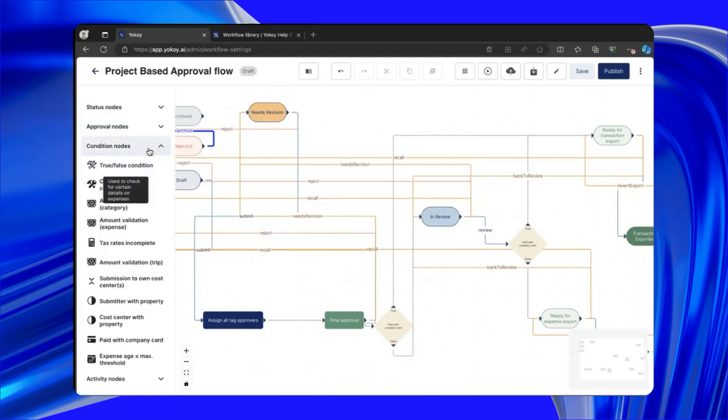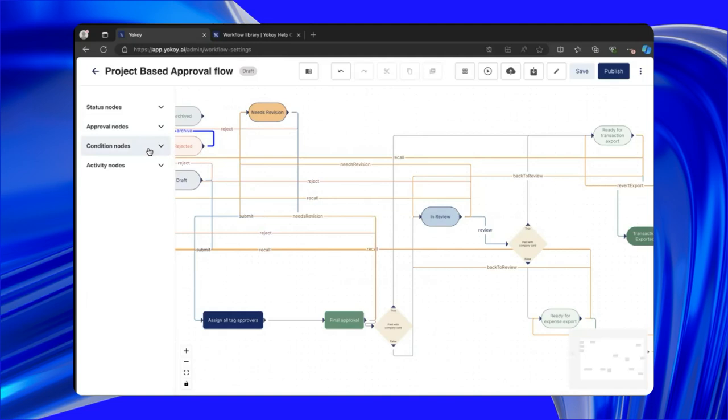As we said, there are many condition nodes. There are so many options with the workflow designer. We have a workflow library that really explores all of them and lets you play around and see what you can do. Before we go ahead and publish this, just to go through a few things that are available,